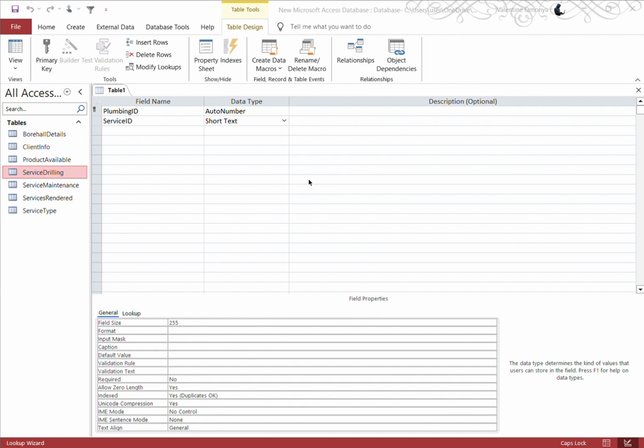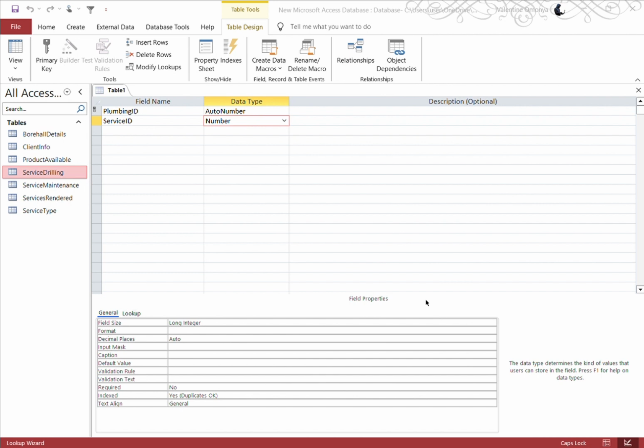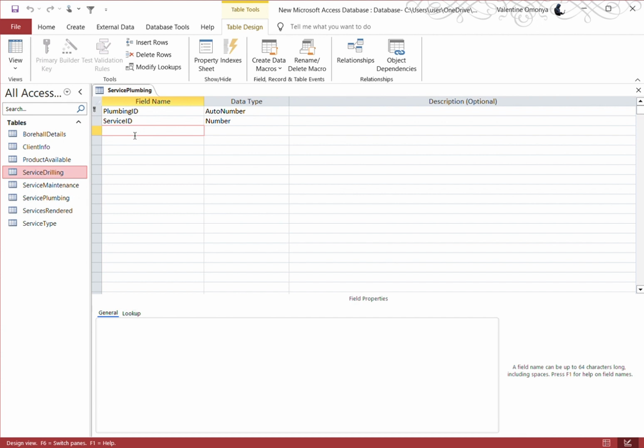Next one, service ID, service rendered. Yes. Finish. Enable referential integrity and finish. Save that one as service plumbing, and then the other one will be pipe